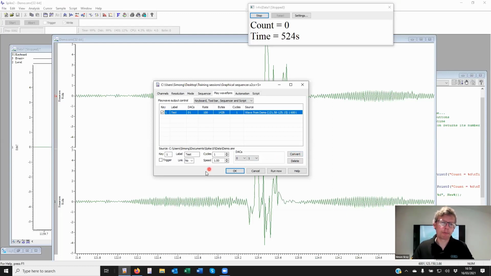Okay. From here, we could also say that we want to link different sections together. And so if I had two waveform output sections, one would play after the other. I can also increase the speeds, as you can see, and tell it how many repeats I want of that section. The idea of linking two memory sections here